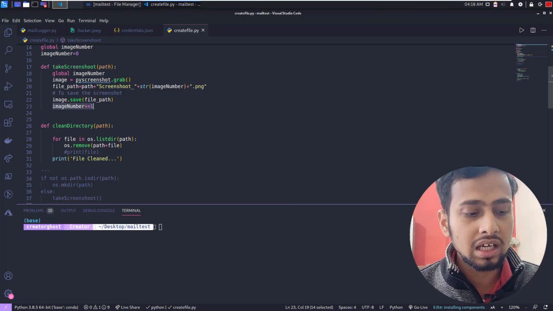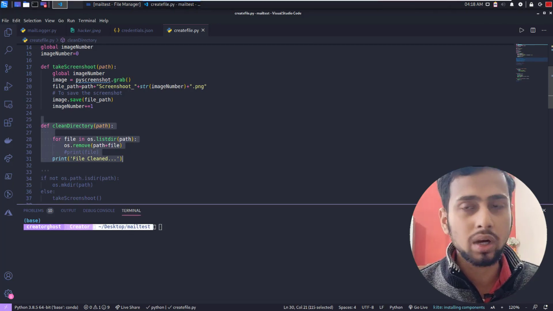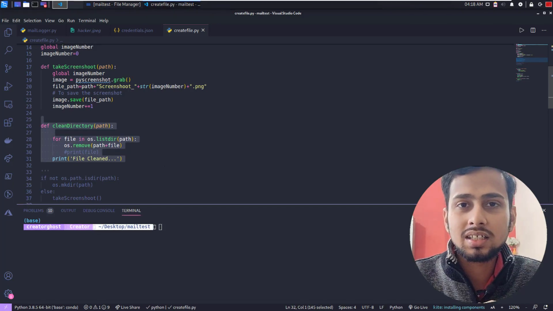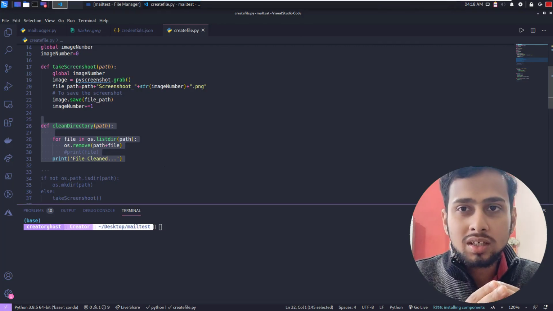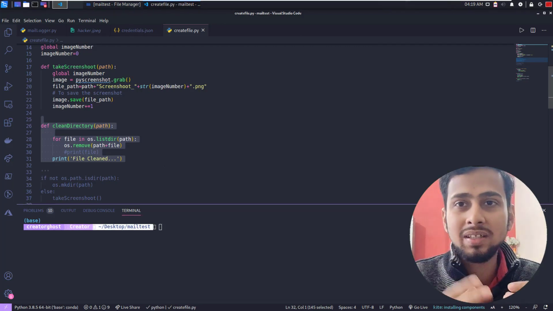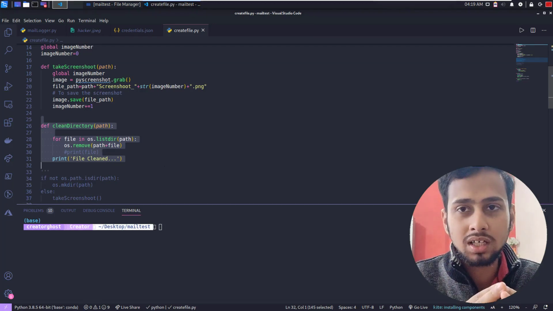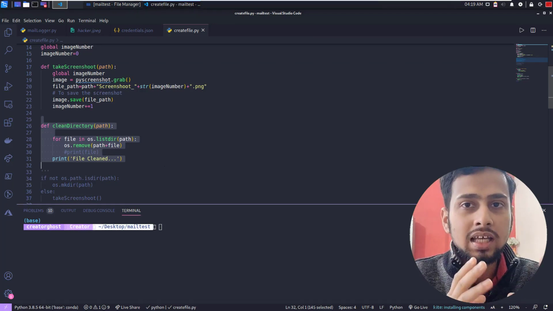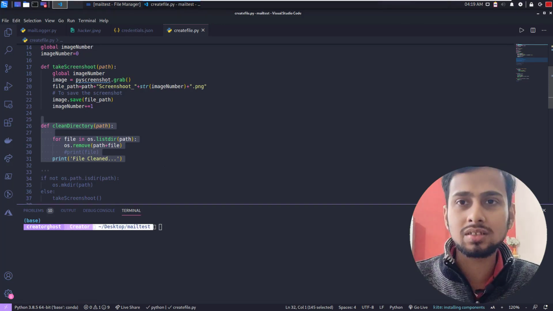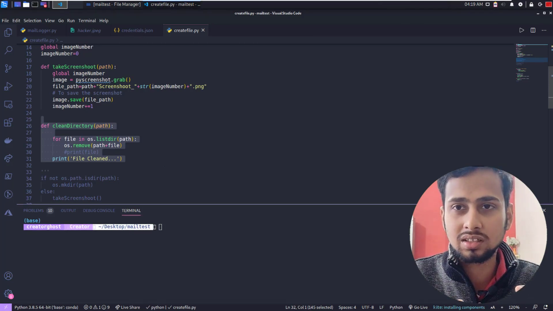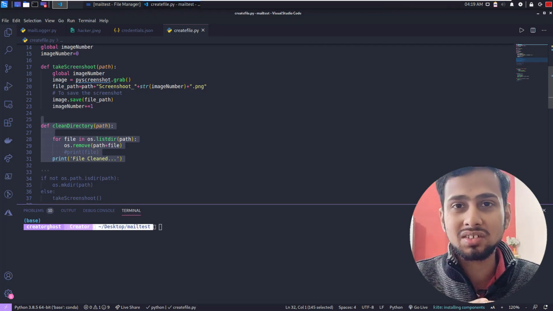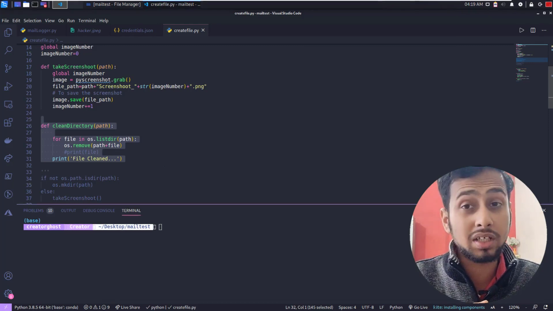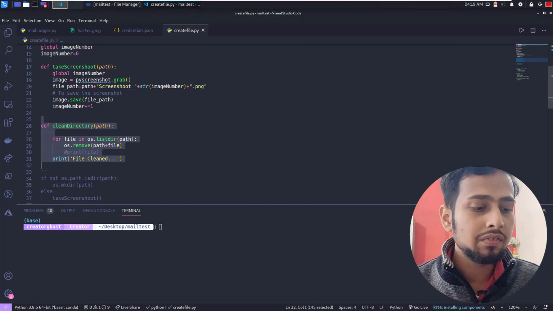And then we have created this function clean directory. Why do we need this? Just think that you are taking multiple screenshots of the user and you are going to send them via mail, but you don't want that person to discover that you have been taking screenshots for so long. So what we are doing in this program is that once we have sent 10 to 15 screenshots to us, we are deleting the first 10 to 15 screenshots so that his computer doesn't run out of space from taking screenshots, and he is not able to discover that we have been taking screenshots for so long. That is why we have written this function.